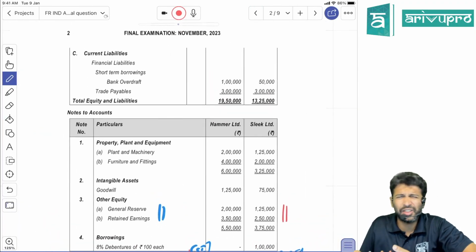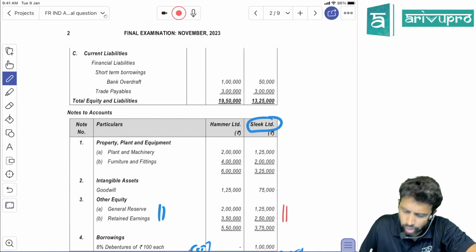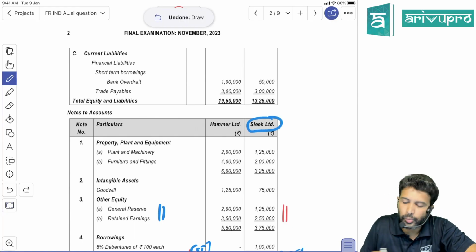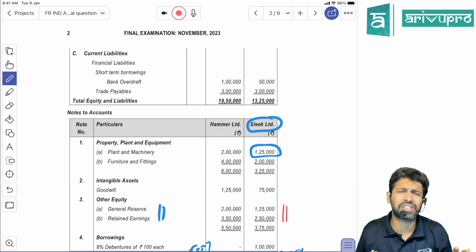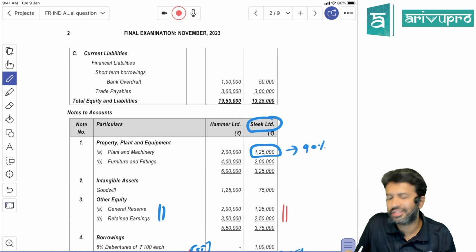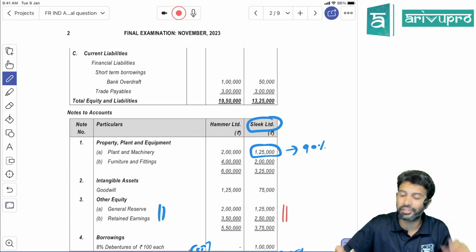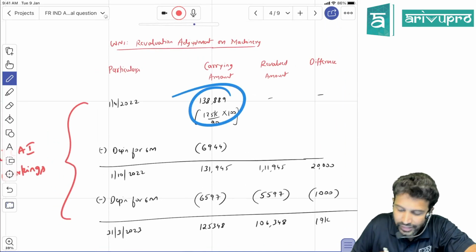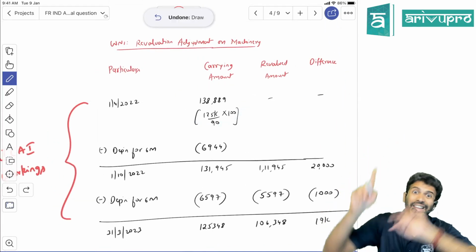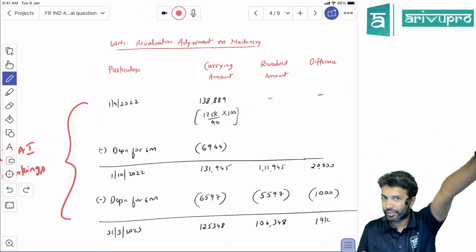So do you have any machinery? Yeah, this is a fair value adjustment and all is relevant for subsidiary company. So machinery of subsidiary company is 1,25,000. This is our year-end balance. So 10% depreciation is already charged. That means this 1,25,000 represents 90%. For 100%, before depreciation, how much will be the value? 1,25,000 into 100 divided by 90. If you do, you'll get 138,889. This is what we used to do with that DEF and all problem. If you remember, correct?